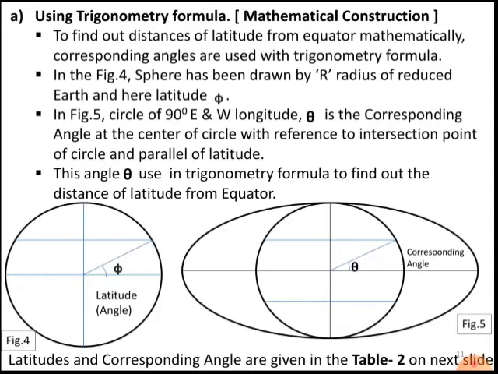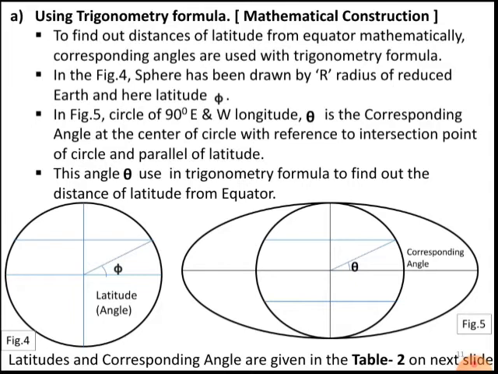That angle is called the latitude, for which a symbol has been shown. So this angle is not exactly equal to the angle formed in figure number 5 with the circle of 90 degree east and 90 degree west longitudes or meridians. Keep in mind that the next angle formed with respect to the circumference of the 90 degree circle is not equal to the latitudinal angle, right?